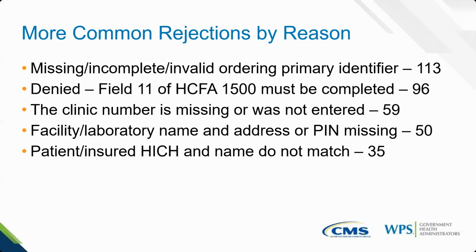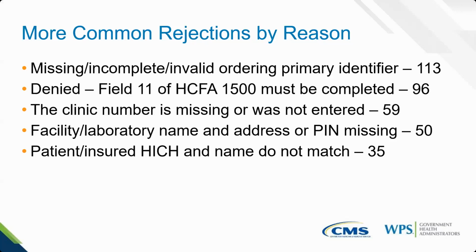96 rejections. The next, clinic number missing or was not entered. That one is really pretty self-explanatory. You'll need to put that clinic number information onto the claim if it wasn't entered, or make certain it was entered correctly if it was there. Next is facility and lab name and address, or PIN missing. 50 rejections for that time frame that I looked at on the dashboard. I have a resource later that speaks to this particular common rejection